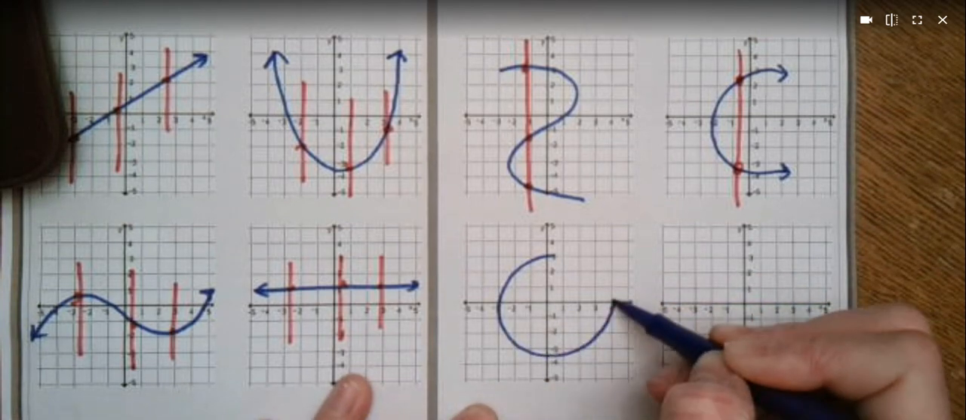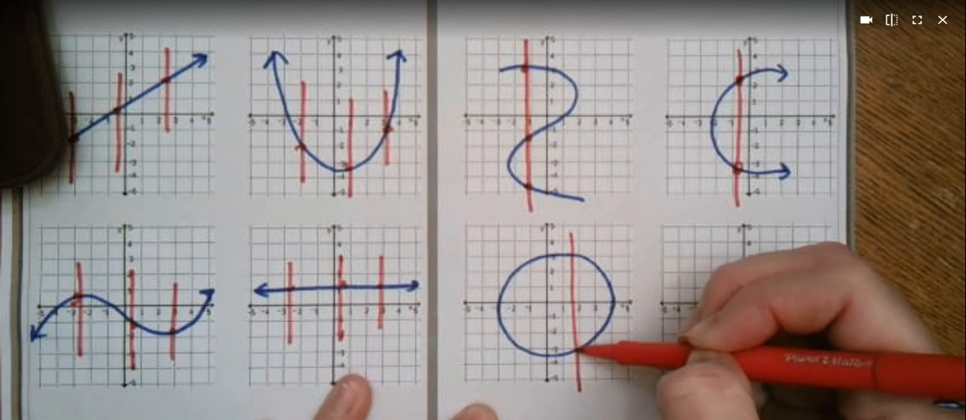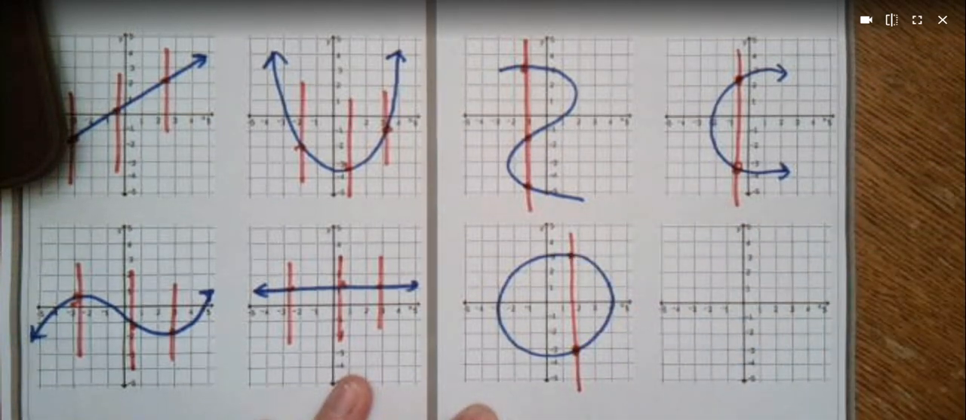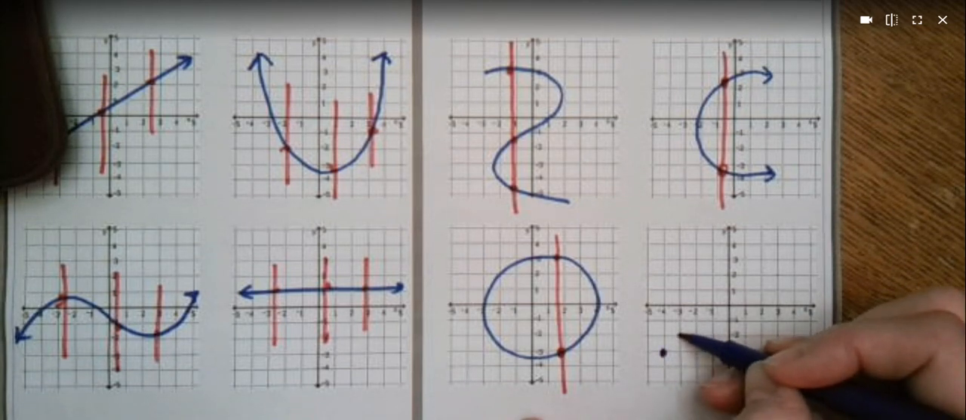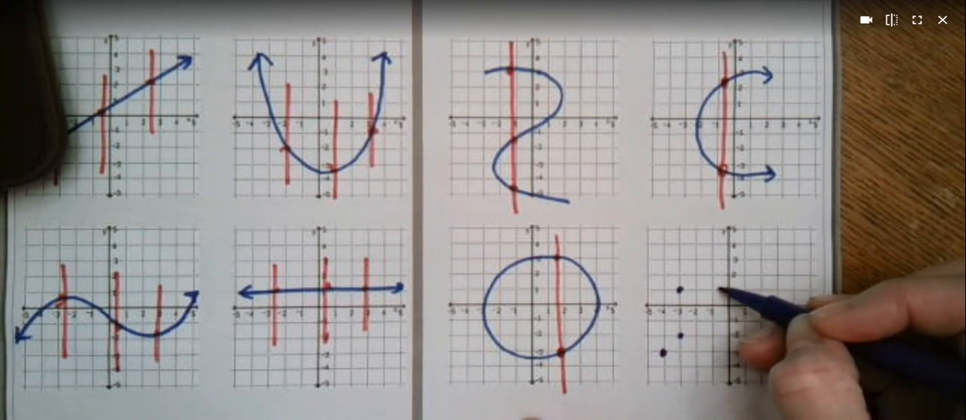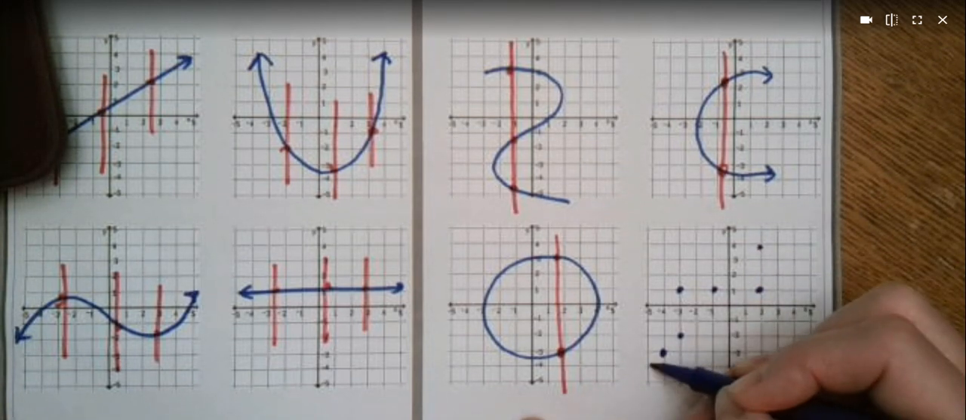When you guys get to geometry, you're going to learn how to graph circles. And so if I have a circle on here, clearly that's going to fail because it goes through 2 points right here. Okay. If I had a collection of points, sometimes in class I'll have people make some points like this, and then they'll connect them